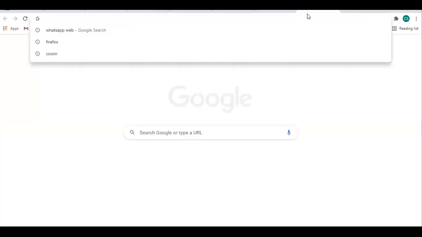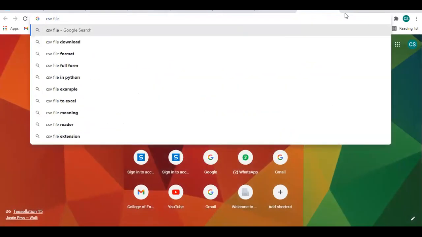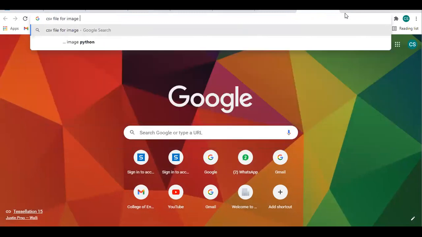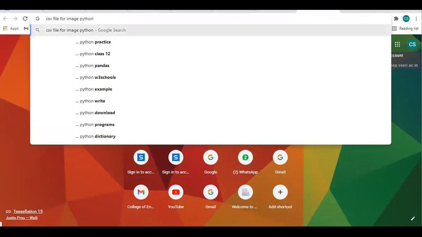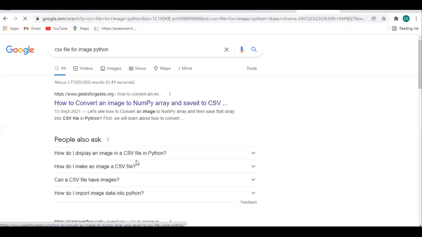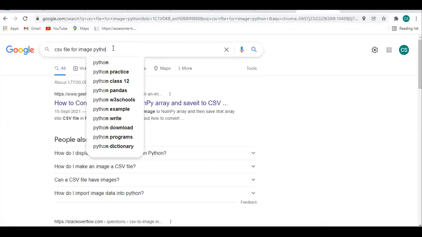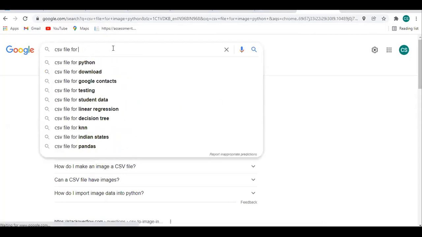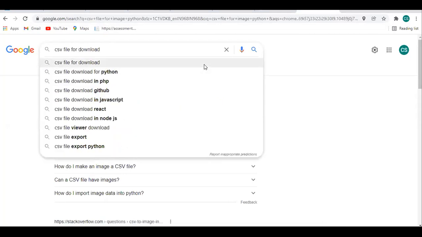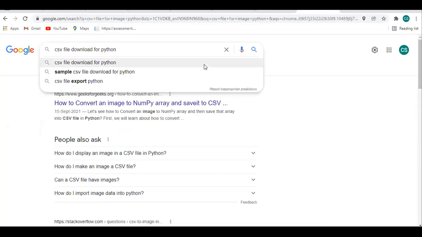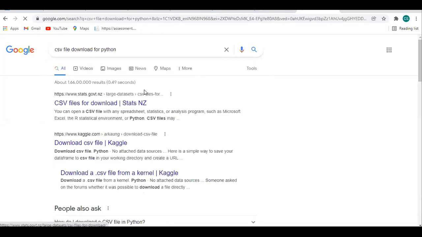So suppose you have to write a CSV file for images in Python. Simply type in Google, write CSV file download in Python.